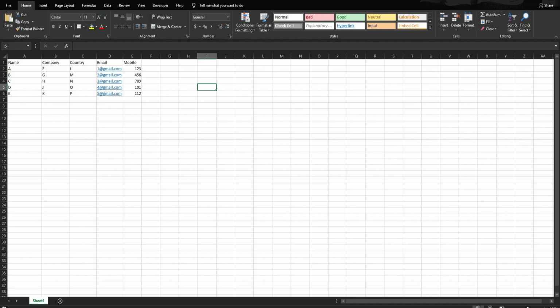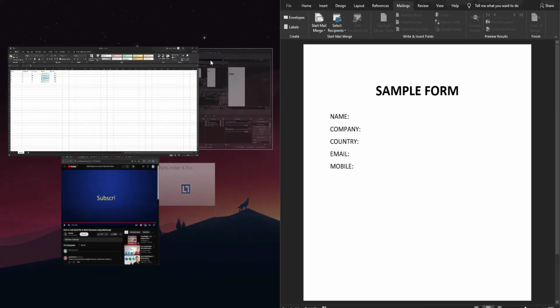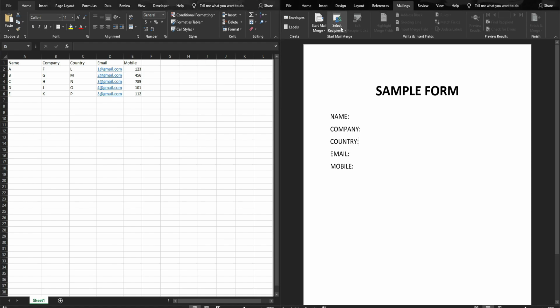Now let's begin. Let's say that we are presented with the following information: name, company, country, email, and mobile, that we need to fill up a form in a Word document that needs this information to fill it out. The first thing that we need to do is to click select